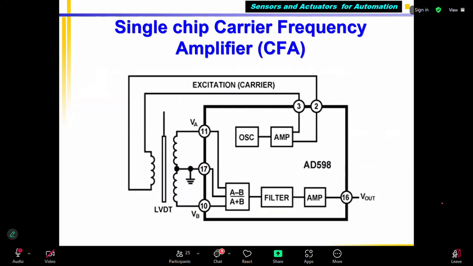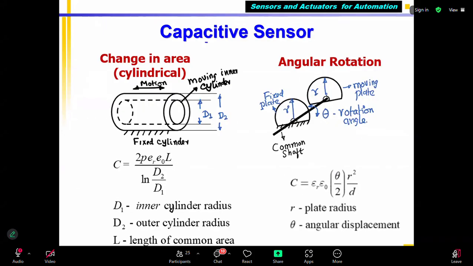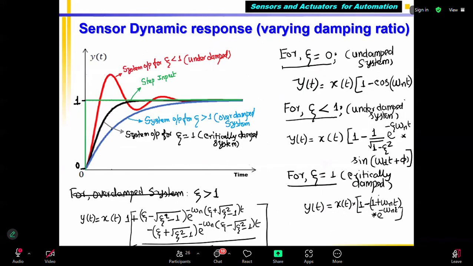We stopped here, and before that we talked about important characteristics of sensors, first order, second order sensors, how they